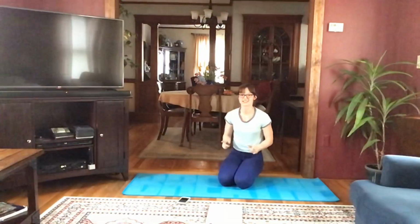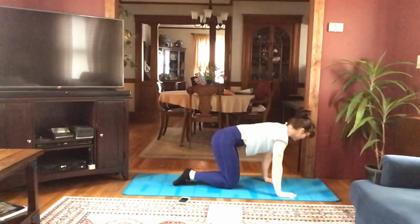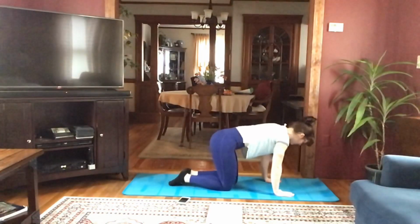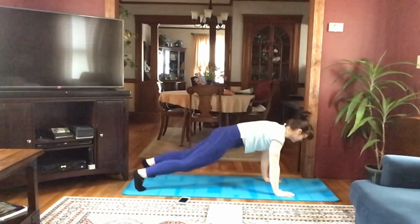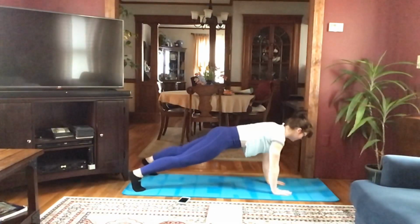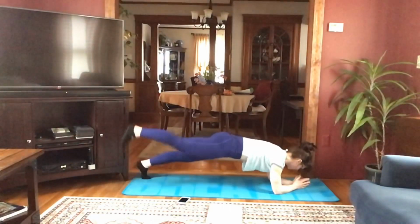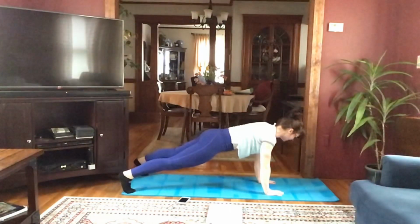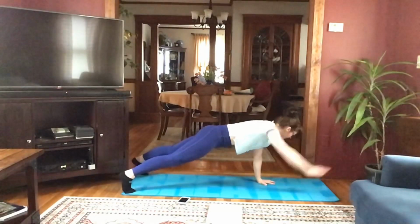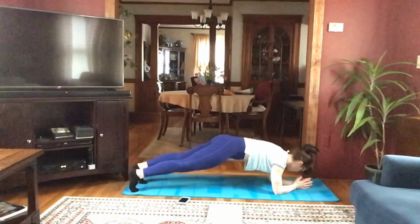Let's get into that second side. I'm just going to turn around so you guys can see my right side. And we're going to get ready. If you're ready to go right into it in 3, 2, and we lead with that right arm. So it's right arm, right forearm, right leg, right hand, left hand. That's one. 4 more. Right arm, left arm, right forearm, right leg,